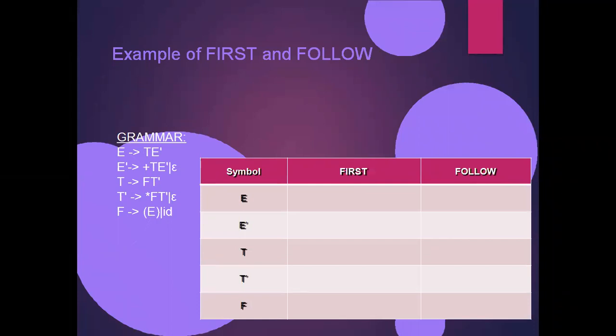All of you see the example here. We have example one, where the grammar consists of E tends to T E dash, E dash tends to plus T E dash or epsilon, T tends to F T dash, T dash tends to star F T dash or epsilon, F tends to open parenthesis E closed parenthesis or id. Everything is the same as the grammar we learned in the last classes, but the difference is only at the production F, where we had another terminal num in the last example.